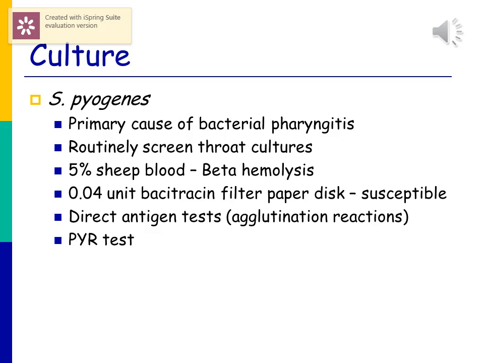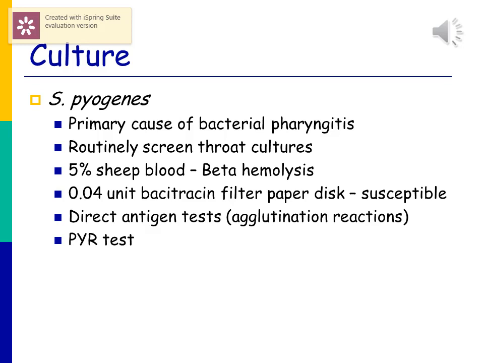Okay, Strep pyogenes is the primary cause of bacterial pharyngitis. This is the most commonly routinely screened organism from a throat culture, so a throat swab. You're always going to inoculate it onto 5% sheep blood because you want to look for that nice beta hemolysis. If you're culturing for Strep pyogenes, you're going to drop a 0.04 unit bacitracin disc onto the plate. And if the organism is susceptible to that disc, if you get a zone of inhibition, then that would indicate